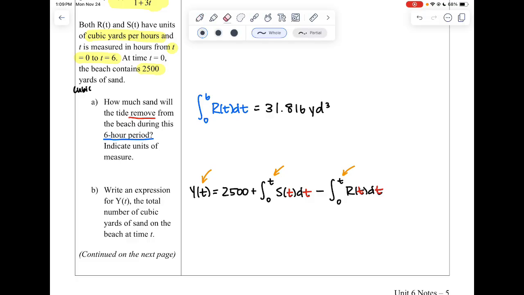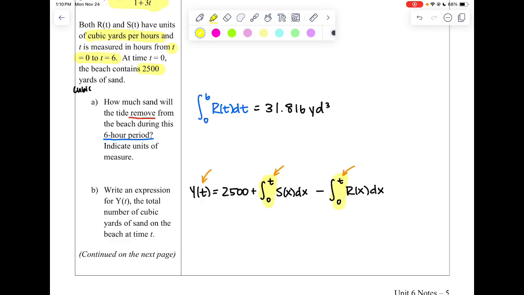So I'm going to go ahead and utilize a dummy variable. It doesn't matter what you use. I'm going to use x just to keep it simple. But I should change that. Okay, the other thing that I noticed, and this is kind of extra, you don't necessarily have to do this, I see that my